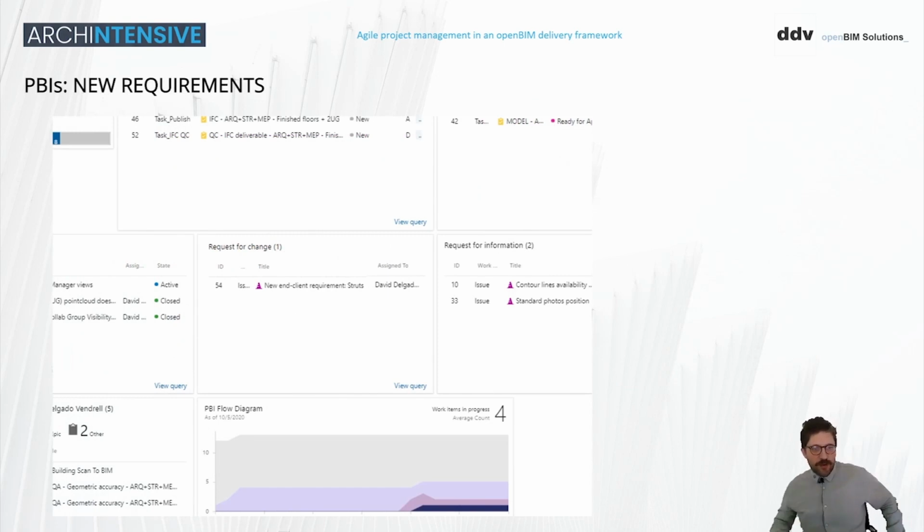What about those new requirements that I was showing you in our previous chart? Remember that we were using Microsoft Teams, and we have that window in which we can create a board to see different parts of our activity. Some of these activities could be the requests for change coming from the end client, so our team is able to see quite easily